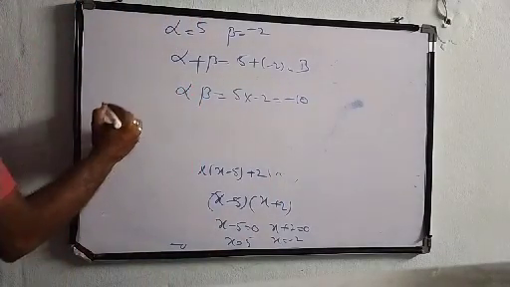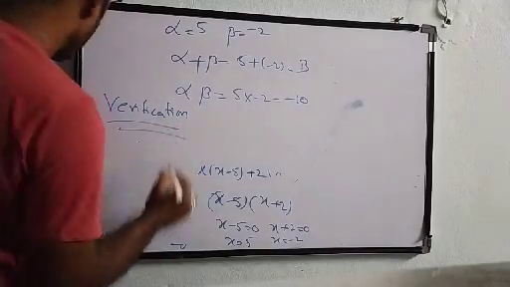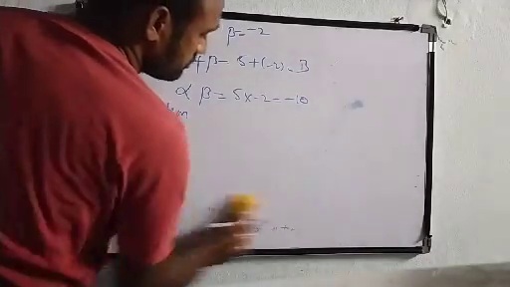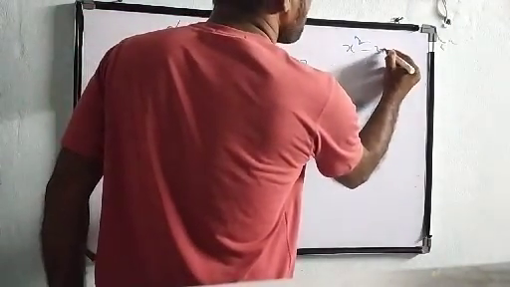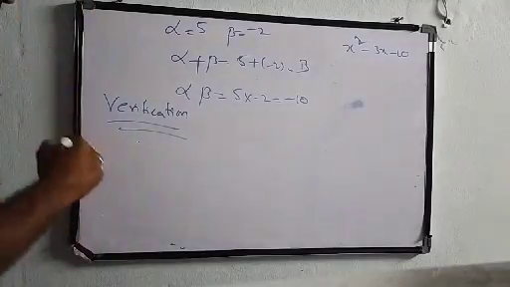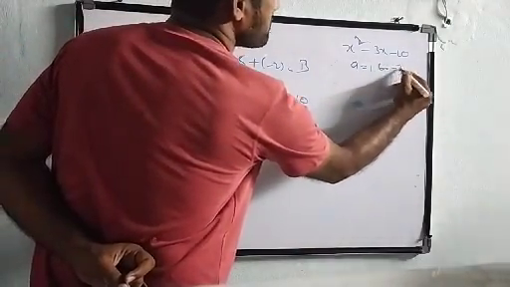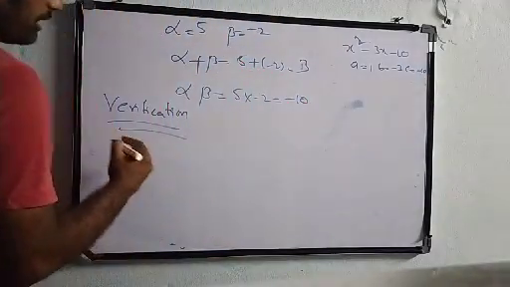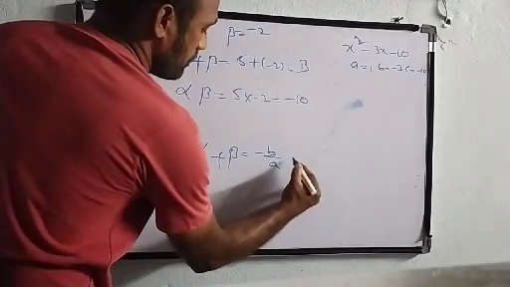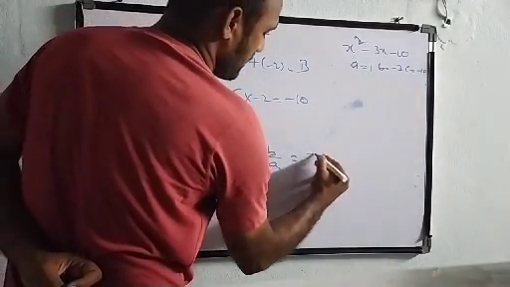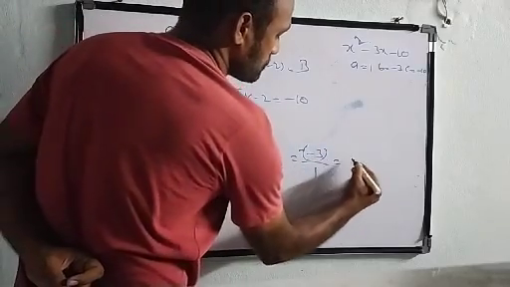So we got this. Now let us do the verification. So let us verify. Let us write once again x square minus 3x minus 10. So this is our question. So for verification, A is 1 here, B is minus 3, C is minus 10. Now alpha plus beta, we have the formula minus B by A, which is minus of minus 3 by A, which is 1, plus 3.